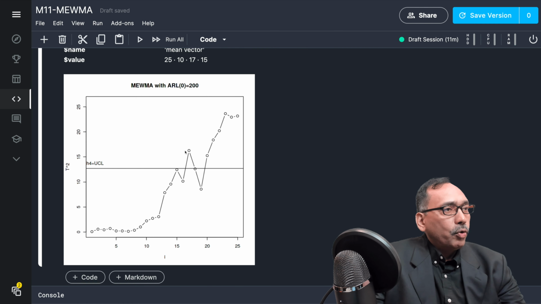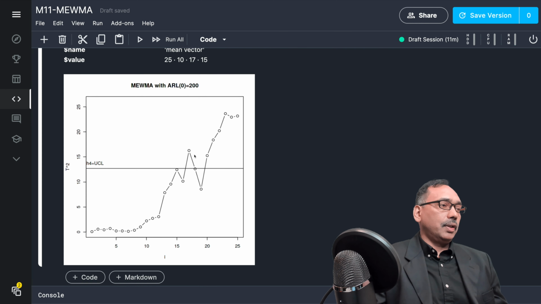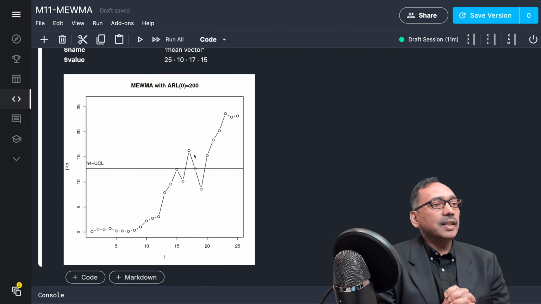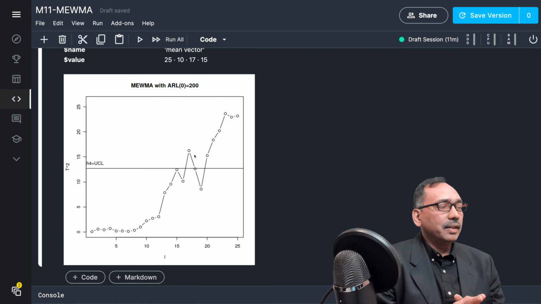So the 17th point is the first data point or subgroup that gives you a signal that the process has shifted in terms of mean, outside the control limits. So there is a presence of special causes of variability that is causing the mean to shift.